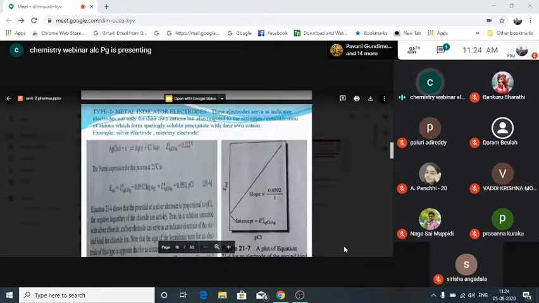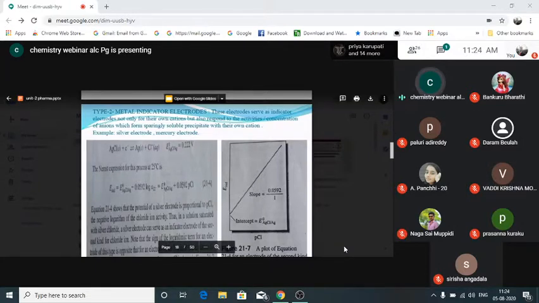Dear students, I hope all of you are able to understand up to this particular slide. Any doubts? Don't put your suggestions in the chat box. You can just unmute yourself and express yourself. If you are not expressing, then I have to take into consideration that all of you are able to follow the lesson after this stage. Shall I continue? Yes, sir.